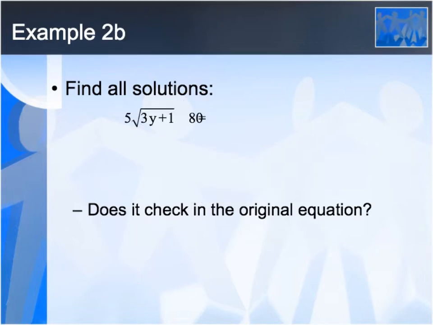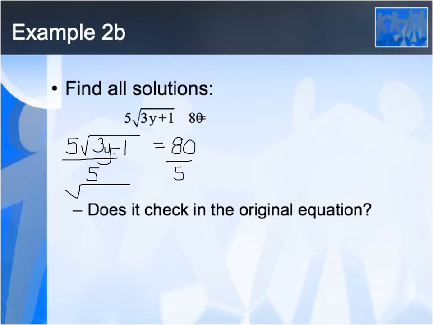And this equal is supposed to be in front of the 80. So let me rewrite this. I've got 5 times the square root of 3y plus 1 is equal to 80. So I have to move that 5 first. It's being multiplied by the radical, so I'm going to need to divide. And I'll get the square root of 3y plus 1